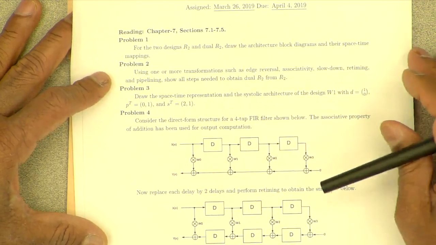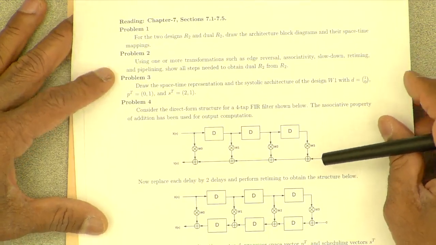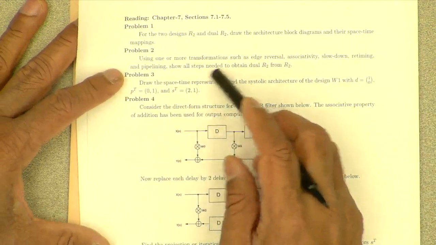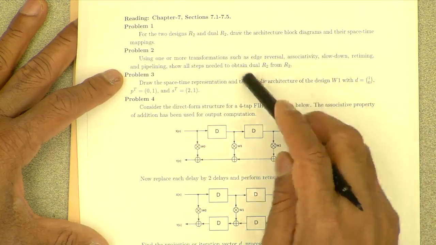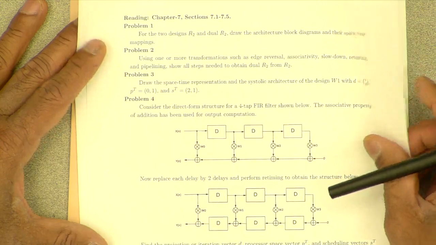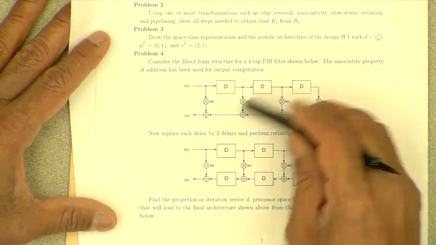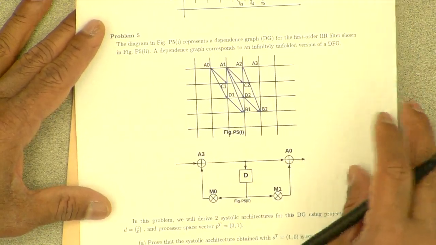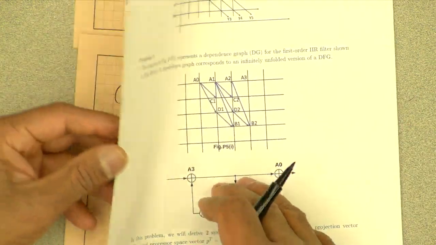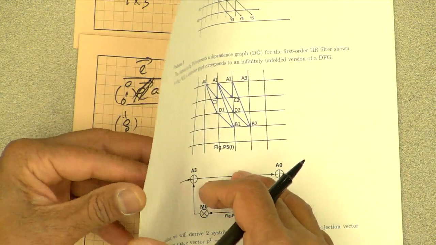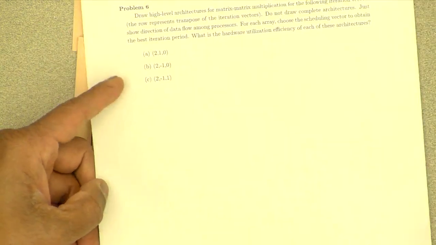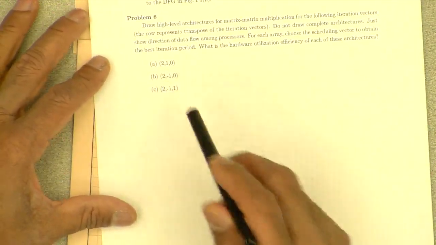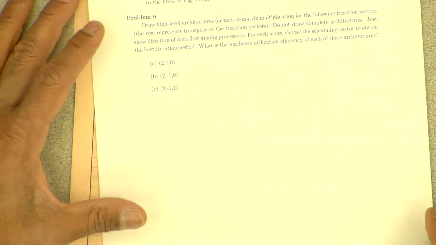Learn how to draw those space-time graphs that I was making mistakes on in the beginning, using one or more transformations to derive dual R2 from R2, and a similar thing here, another similar thing here. So there are a couple of problems like that, and the last problem is to draw some yet more matrix multipliers using different